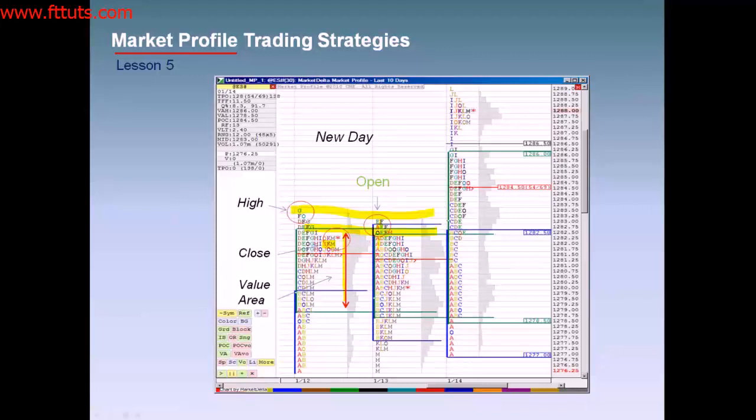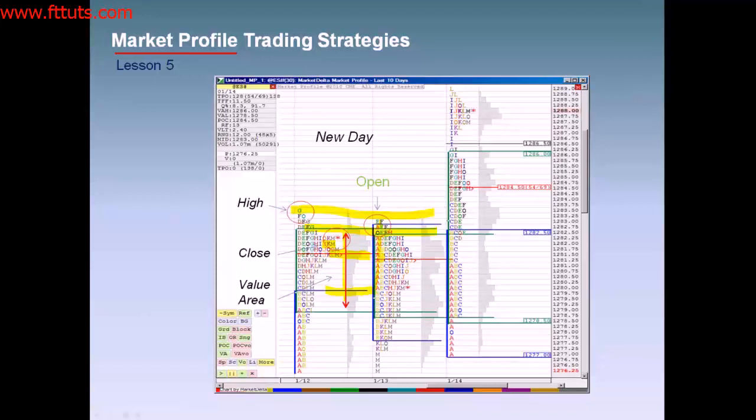Now, as it moves down, where's the first support level that it's going to encounter? It's this POC. And look at what happens when it hits this POC. It just continues to drop even further and further. Okay, so now it's telling us that the support level didn't hold. What's the next support level? Well, it looks like it is the low of the initial, or the high of the prior day's initial value area. So it does in fact hold for period A,